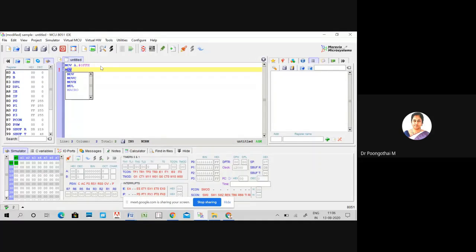Next, MOV B, #02H. Hash represents an immediate value, an 8-bit data. Next, I am entering the add instruction, ADD A, B. Next, END.